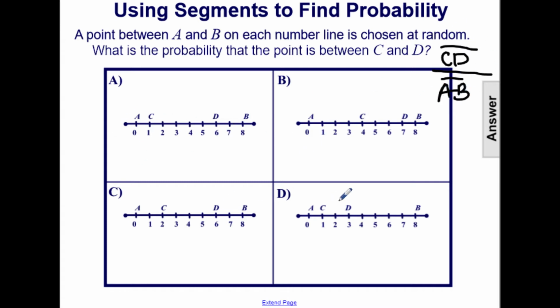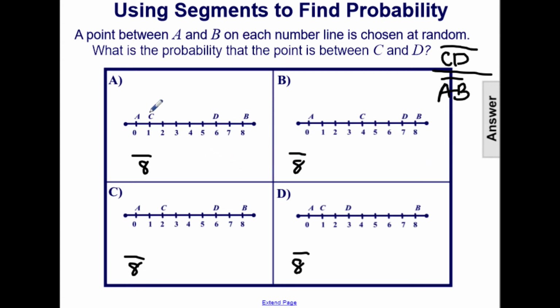In each of these 4 examples, the segment length of AB is 8. We're going from 0 to 8 in all 4 cases. So the denominator for our probability will be 8. It's now just seeing the length of CD and seeing how it differs for each example to see how the